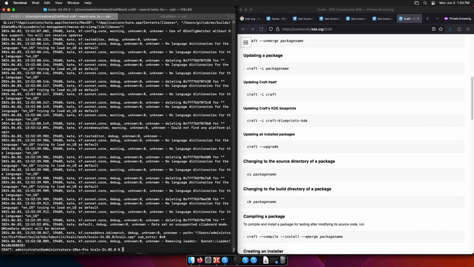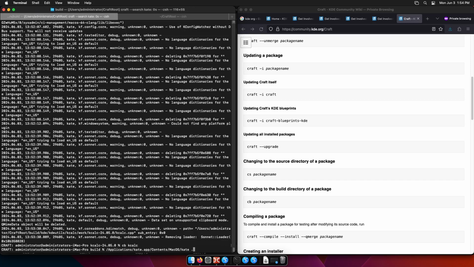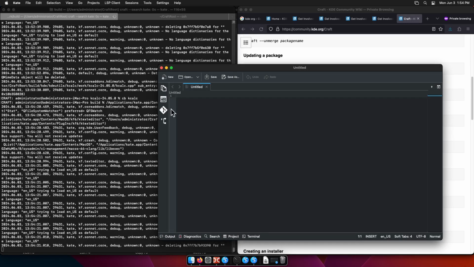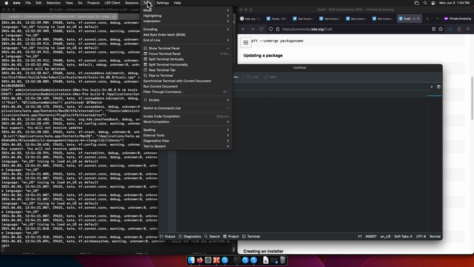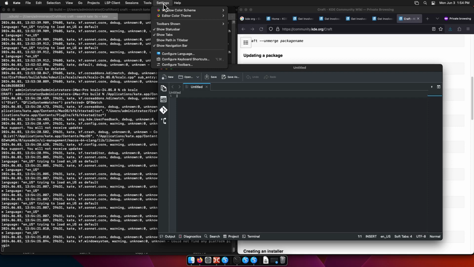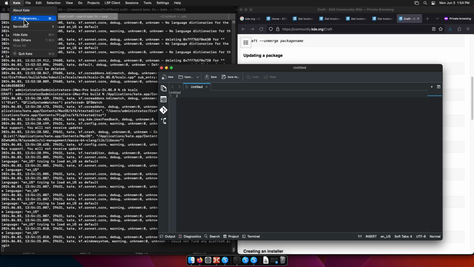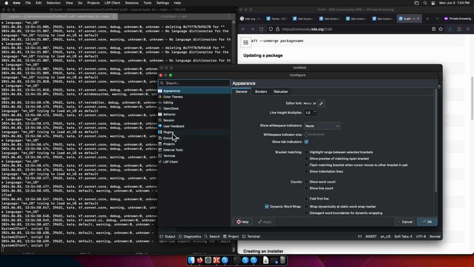Now we're going to change to the build directory, so the directory where cmake has been run in order to build files and generate source code. How do we see the files in here? Tools. We're going to need the plugin for file management. Where is that thing? Main menu, Kate preferences, plugins,